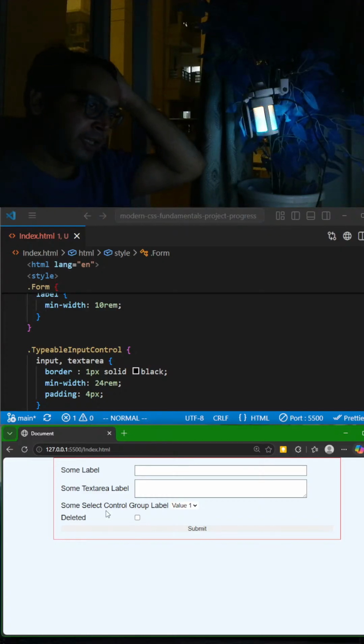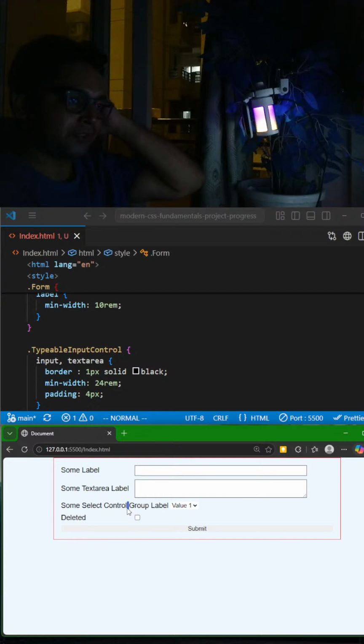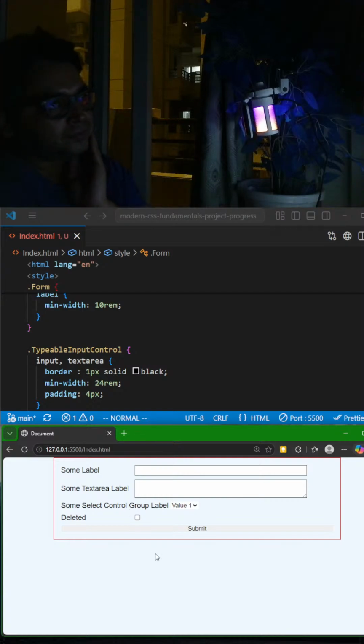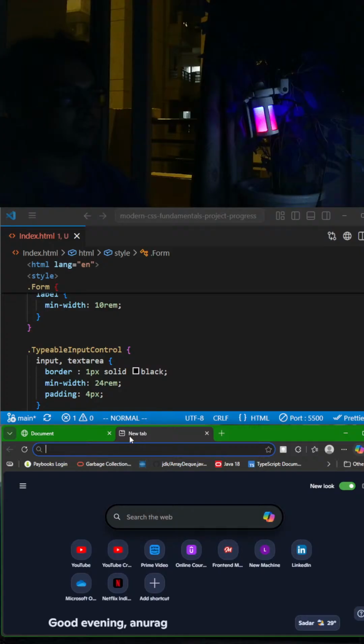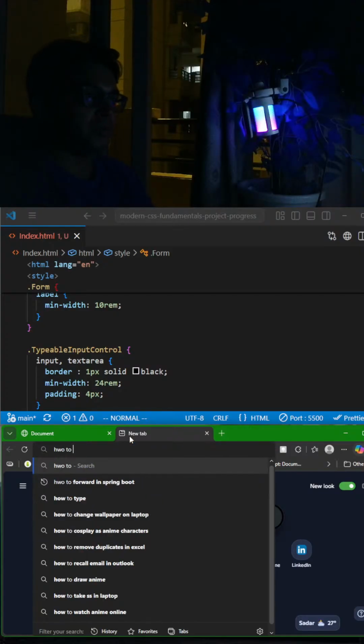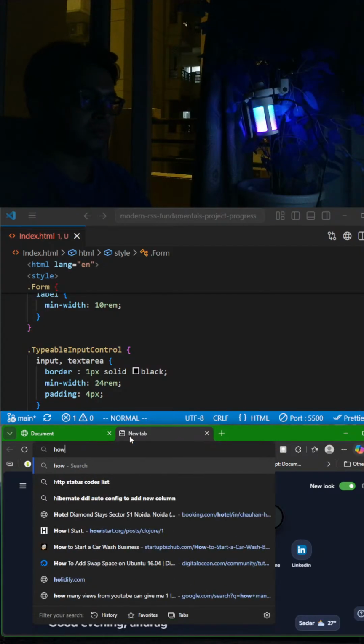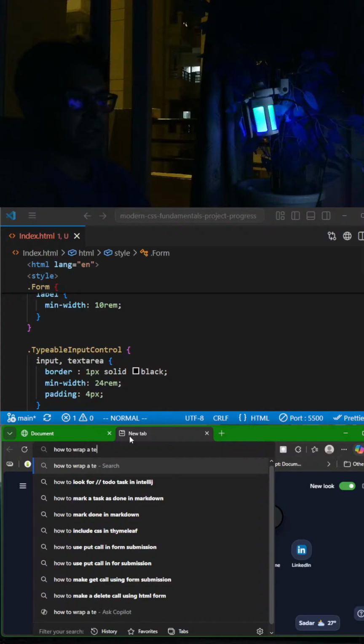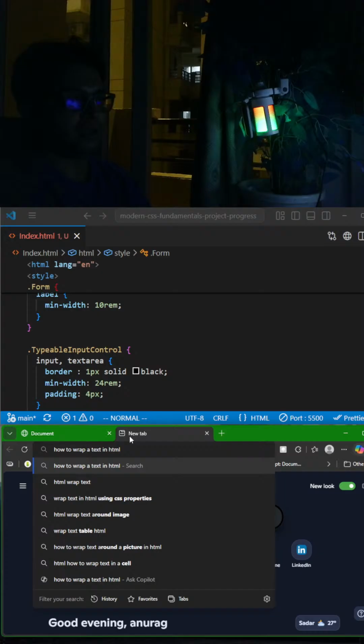Instead of extending here, what if it breaks from there? How to break a text? How to wrap a text in HTML using CSS